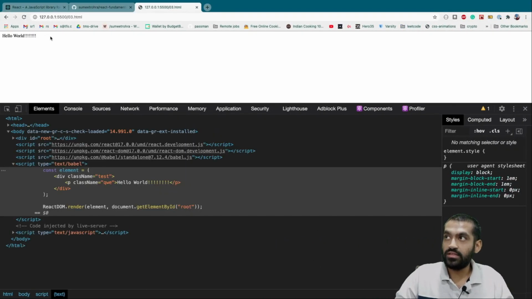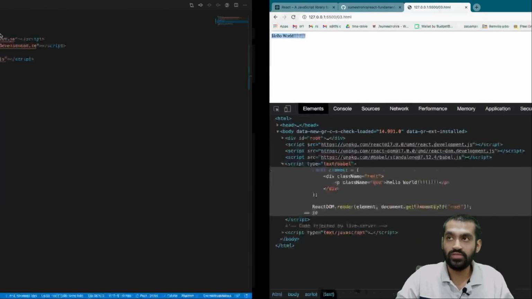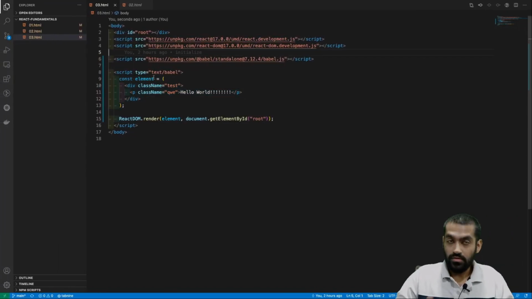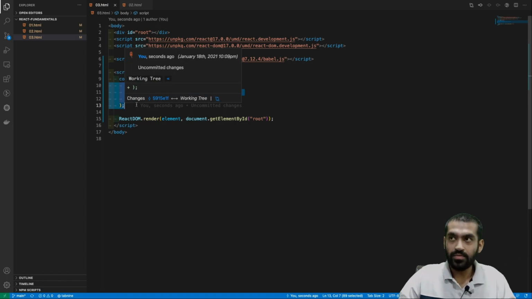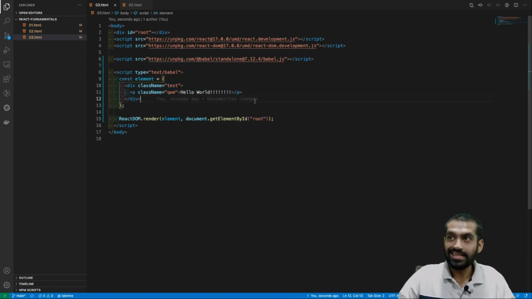And we can see the result here. The hello world is visible here, right. By the way, this looks like HTML, but we don't call it HTML in React. This is JSX in React. Again, we call it JSX, not HTML.